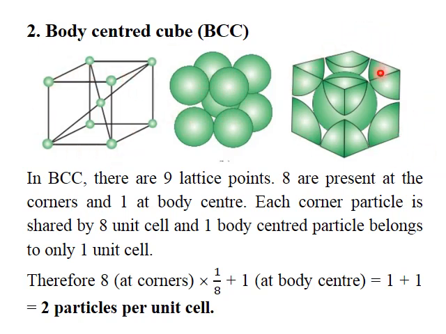And it is a part of the crystal lattice, where we can find that the body centered particle is wholly and solely in this unit cell, and the corner particles are shared by other unit cells. So in BCC, totally 9 lattice points are there: 8 at the corners, whose contribution is 1 by 8, and 1 at the body center, whose contribution is equal to 1. So upon calculation, each corner particle contributes 1 by 8th part, and the body centered particle contributes 1 whole part. So you will get 2 particles per unit cell. In BCC, there are 2 particles per unit cell.